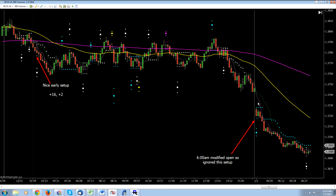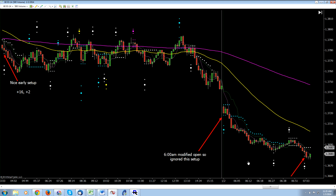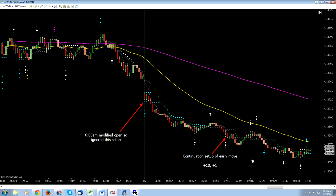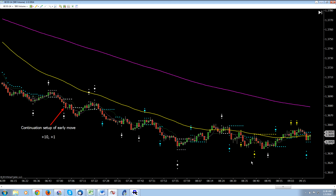So if this was going to continue, there would be more setups, obviously, and there's a possibility of trailing it further. In the event we did get another setup for a continuation, and it was pretty decent. It didn't trail, but another plus 10 and plus 1, so that's plus 5.5 per contract per lot. And then moving on to today,